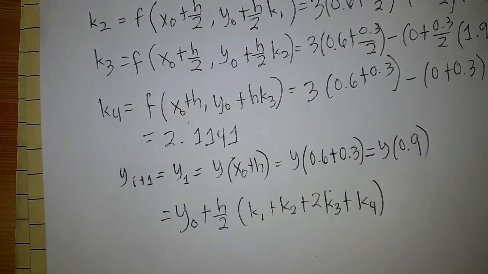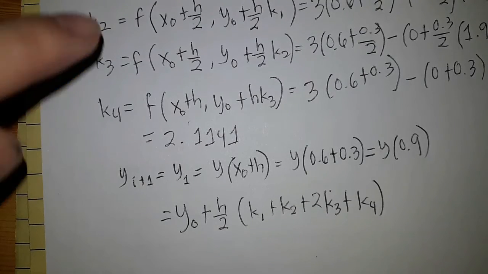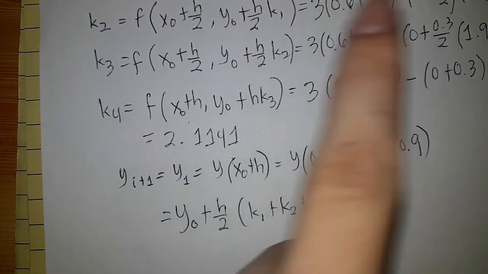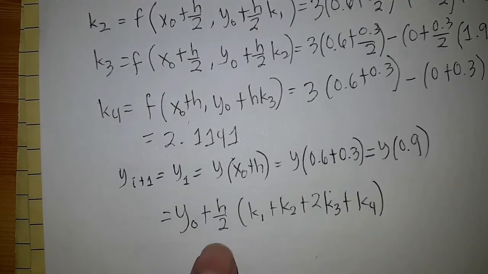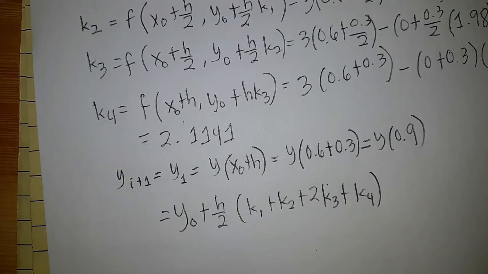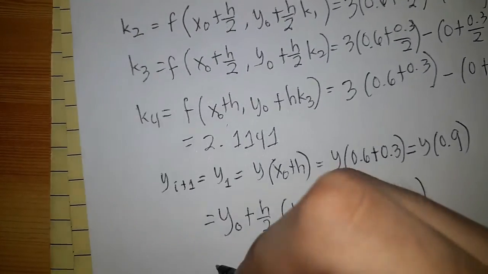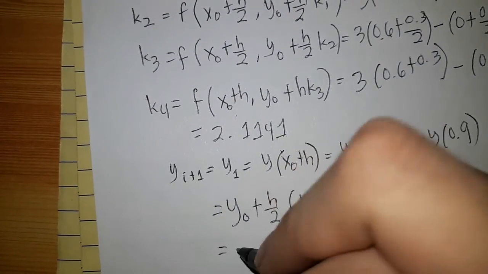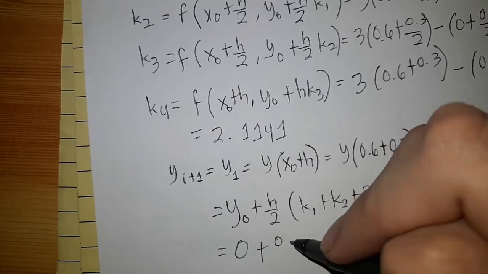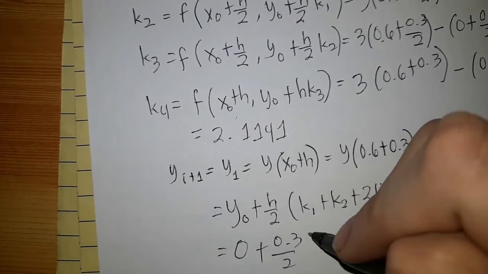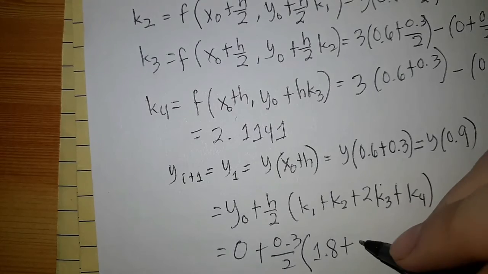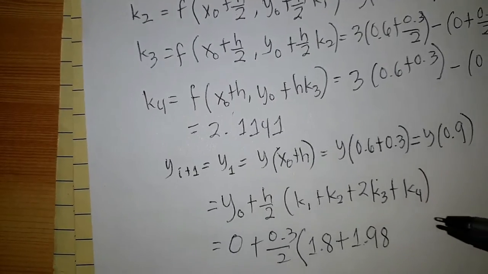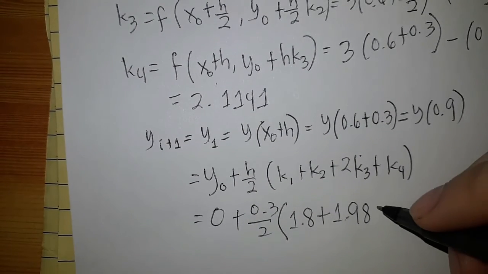So we just need to substitute the values that we have obtained, and y sub 0 is obviously equal to 0 and h is equal to 0.3. So let us now substitute all of those values. So 0 plus 0.3 divided by 2. So K1 is 1.8, K2 is 1.98, and K3